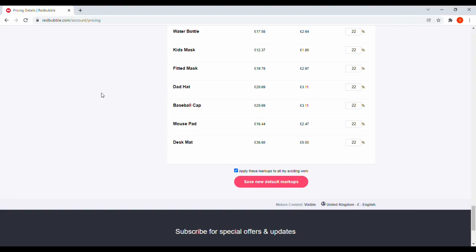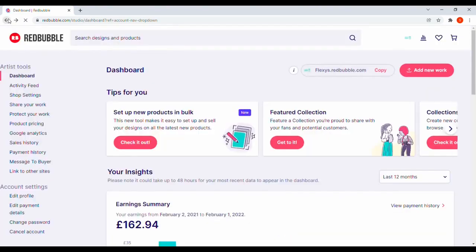What works for one might not work for somebody else. So I've played around, and as you can see, I've left mine at 25%, which means that I make consistent sales, but making a decent profit as well. But test it, try it, change it to suit yourself. But that's the first one, and that's pricing, which will then bring us on to our next one, which is